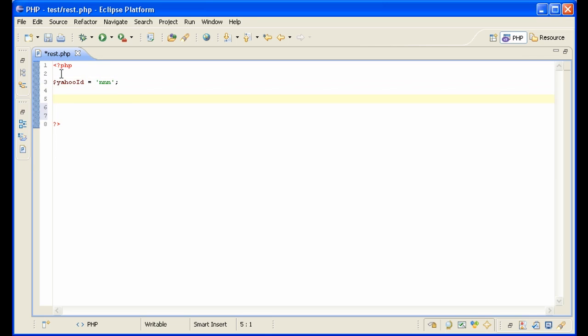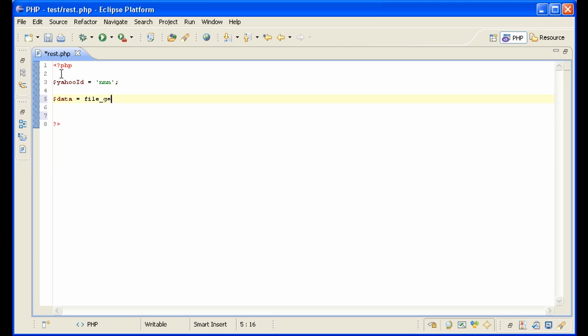When I first did this, you needed to have a Yahoo ID. Now you can just send any ID and it seems to work. It will limit you to, I think, 100 hits per day or something like that. But if you're just testing it out, it's just fine. So just define a Yahoo ID like that with 3 N's or something. And then we will say data equals